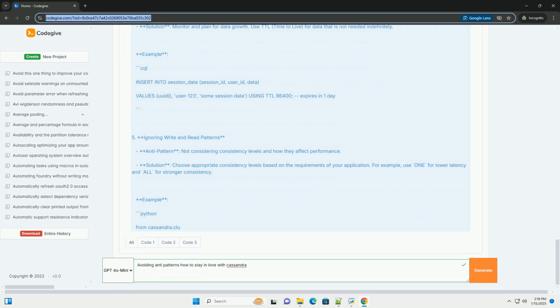4. Underestimating data volume. Anti-pattern: not considering the size of the data being stored can lead to performance issues. Solution: monitor and plan for data growth. Use TTL, time to live, for data that is not needed indefinitely. Example: